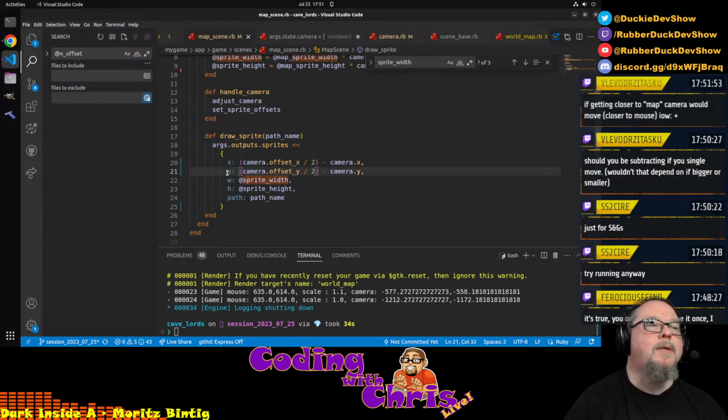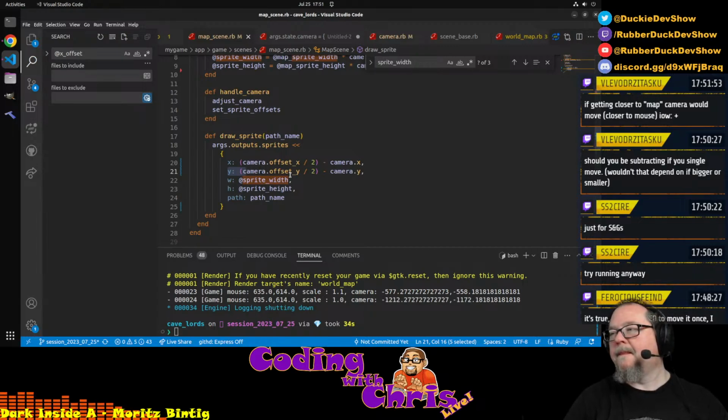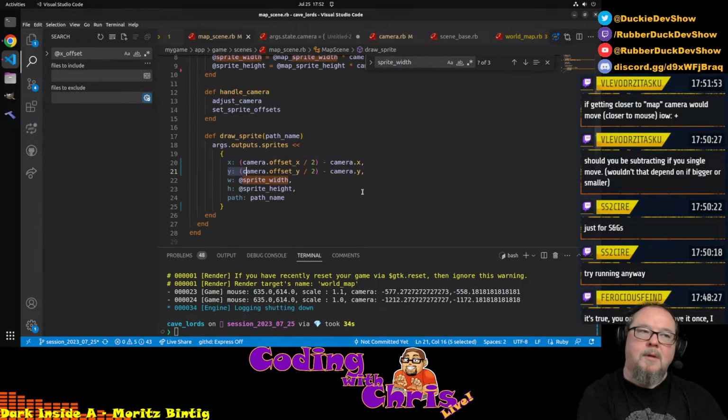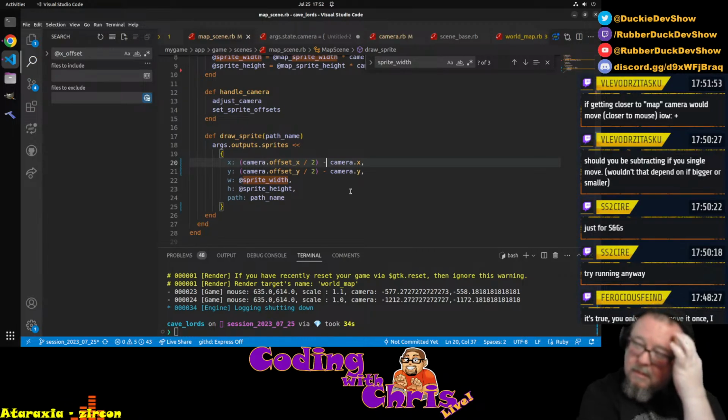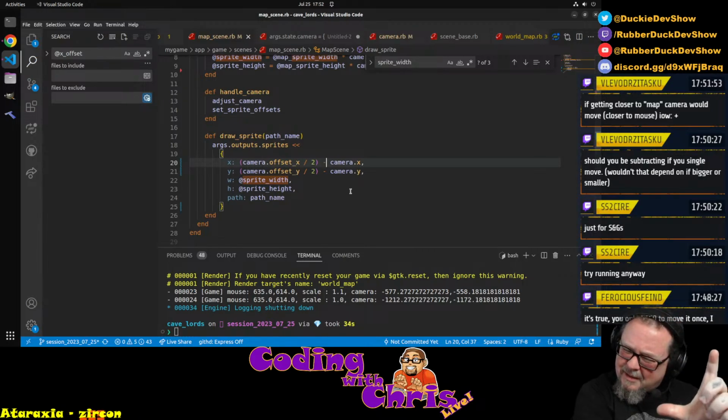I really need to see what this turns out to be, but that'll be every tick. Getting closer to map camera would sort of here. I don't think so, because